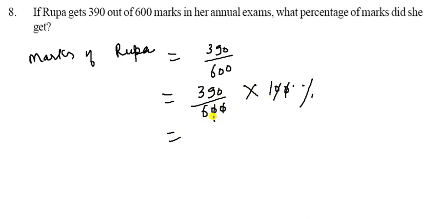So it will be changed into percentage. Now this 0 will be cancelled with this 0 and this 0 will be cancelled with this 0. And now divide this one. 3 2s are 6 and here 3 1s are 3, 3 3s are 9 and 1 0. Now 2 1s are 2, 2 6s are 12 and 2 5s are 10. So we get 65%. So that one is your answer.